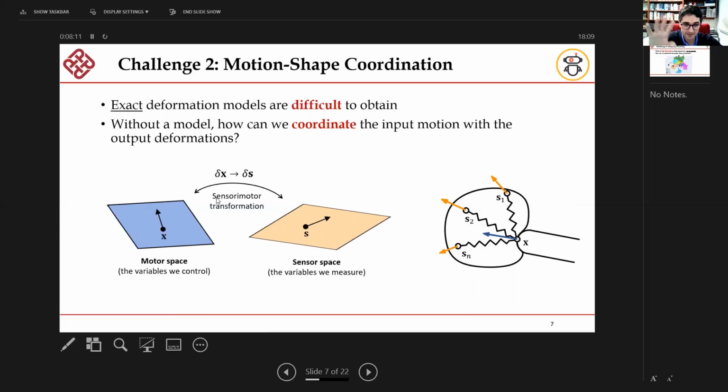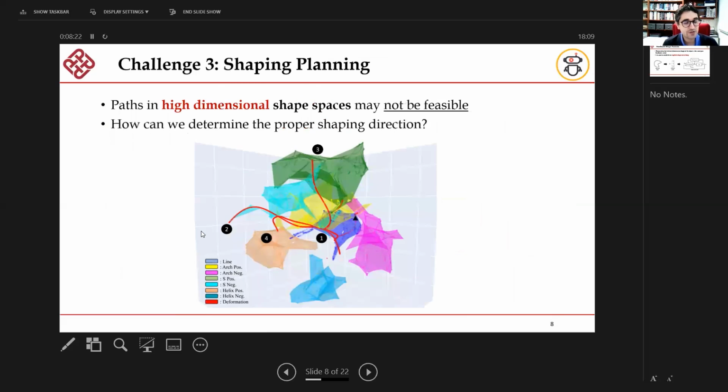So this can be framed quite nicely as a sensory motor transformation, for which there are many methods that you can actually use to solve it. And challenge number three, quite not so commonly presented, I must highlight. We have very recently started working on this. I have mentioned a couple of times that the configurations of this object,